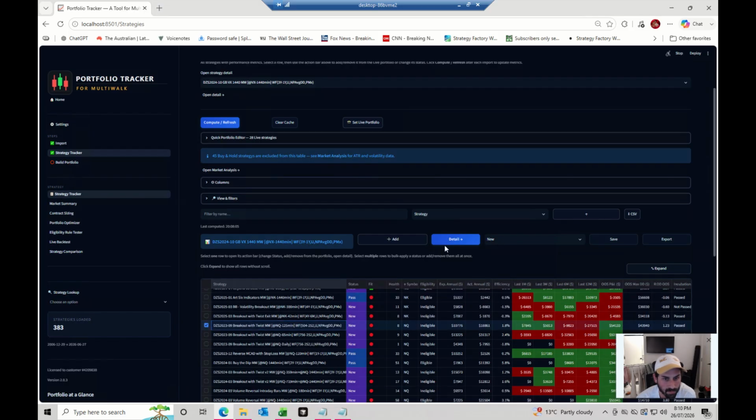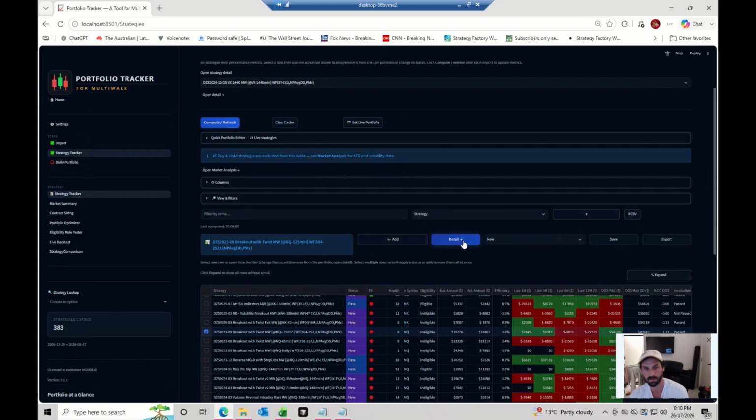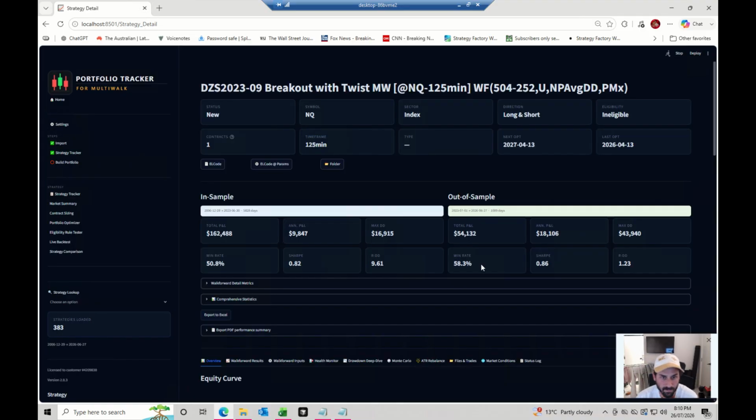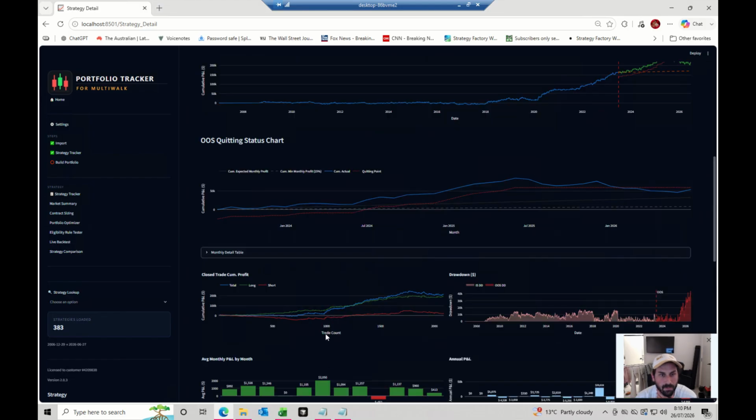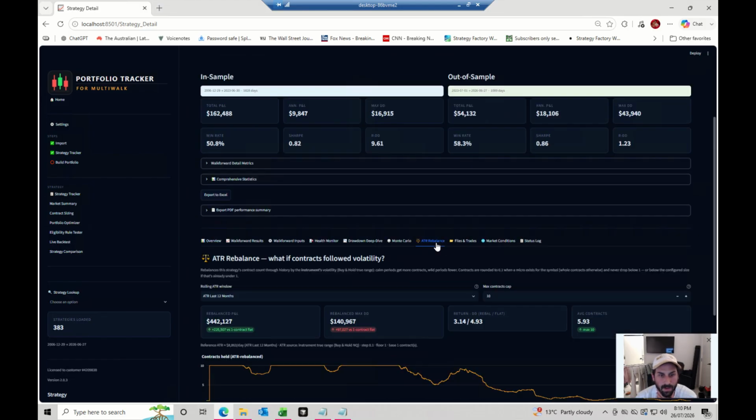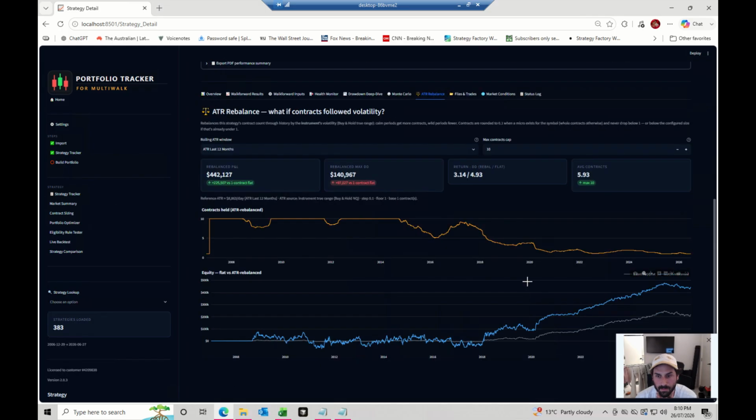Let's go here. If I go into a NASDAQ strategy, you can see you got that kind of J hook view. And if I do ATR rebalance, I can see how the portfolio